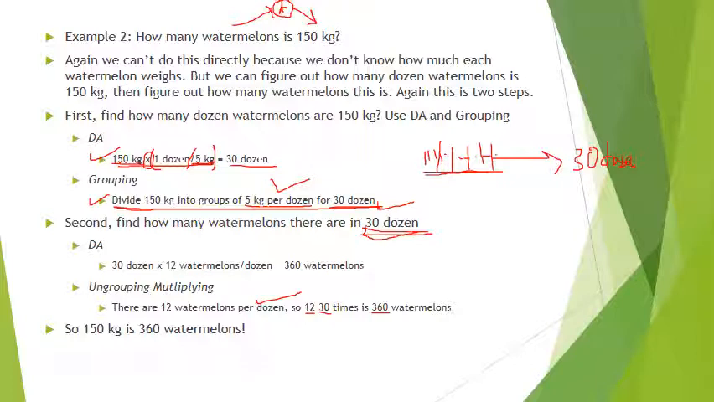Now, if you want to do dimensional analysis, you would say 30 dozen times the 12 equals 360 watermelons. With dimensional analysis, what you can do is actually combine these two steps together. So you could do 150 kilograms